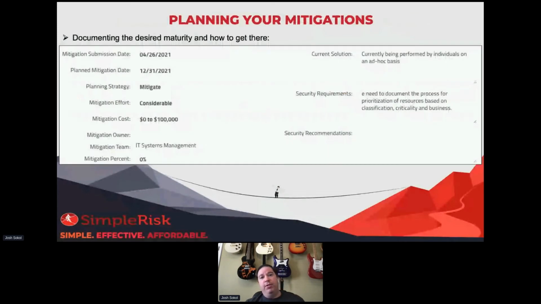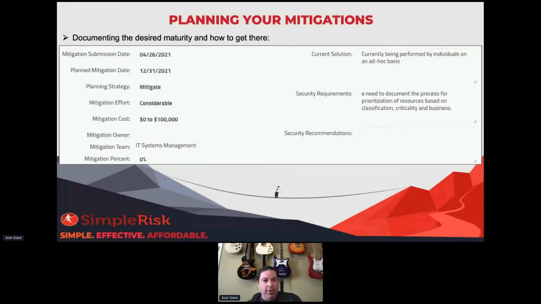So our next step would be to plan our mitigation. Once we have the risk out there, we have to say, how are we going to address this? How are we going to fix this? And this ends up kind of becoming that roadmap piece, right? We have where we're at today. We have where we want to get to. We have the difference between them now that we've created the risk. And to bridge that gap, to get us to the point where we've actually closed that problem, we have to